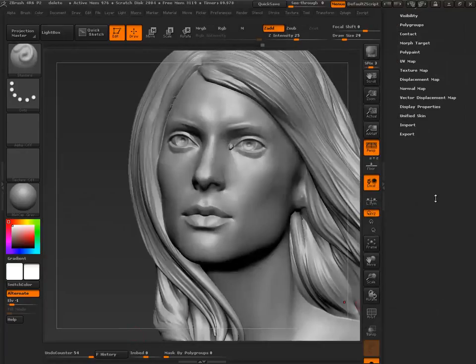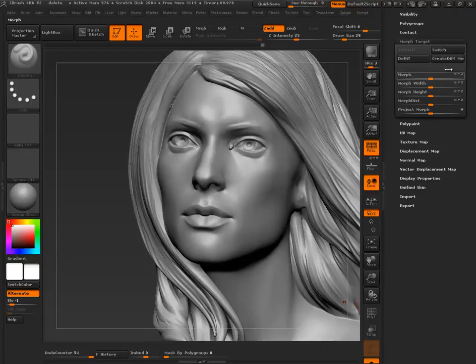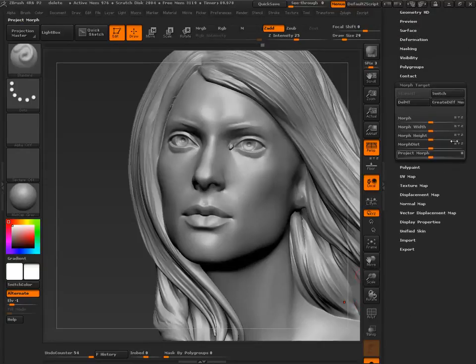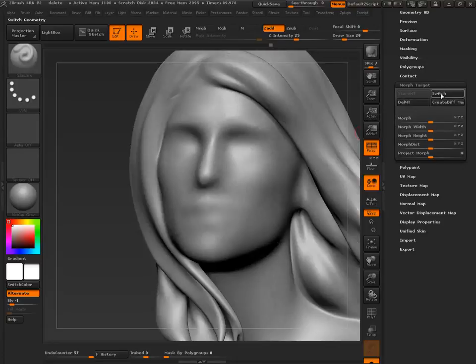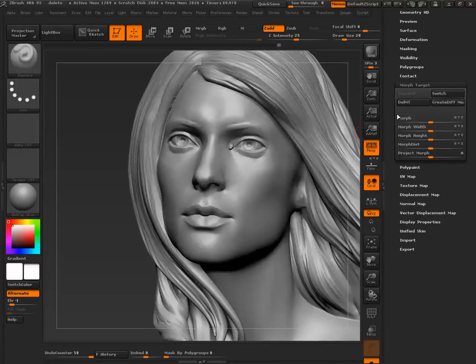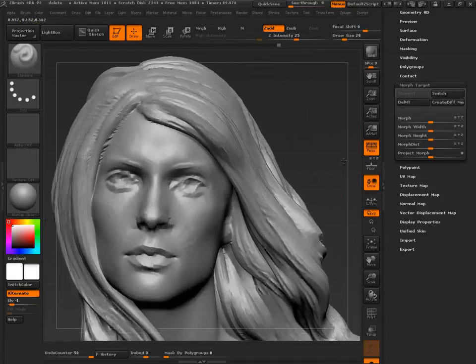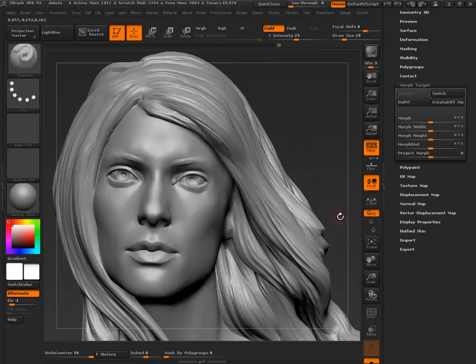Now, why can't we just use a morph target? Looks like the polygon count was the same. Well, you can't use the morph target, one, because it creates a morph target. But really, the key reason you can't use a morph target is because the vert order is different.